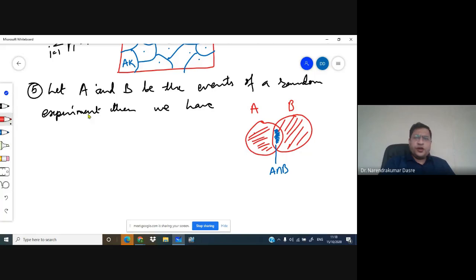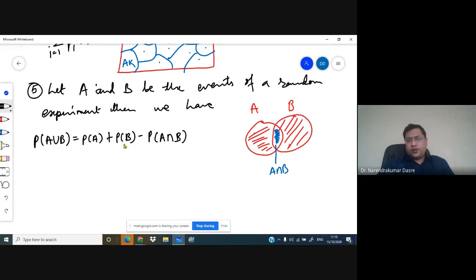Now I want to find the probability of the union of these. That means what if my outcome comes in either of these two sets. So we have the probability of A union B. We have here the probability of A, plus the probability of B. But when we consider the probability of A and B, we are considering this region in A also and this region in B also. So what we have to do is subtract this region once. So the probability of A union B is equal to the probability of A plus the probability of B